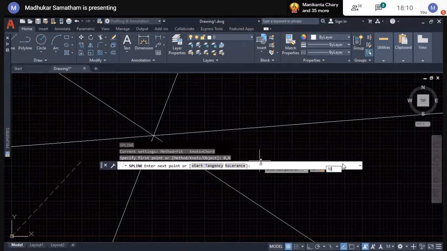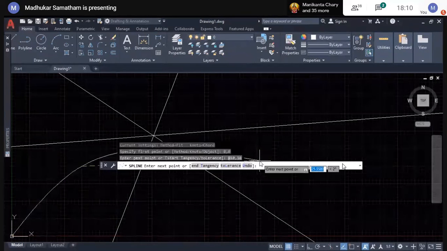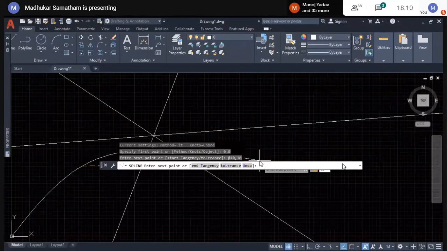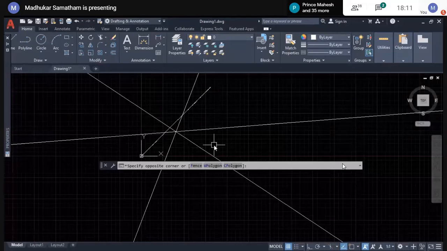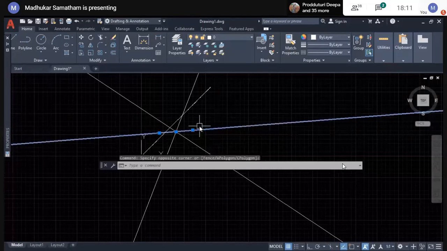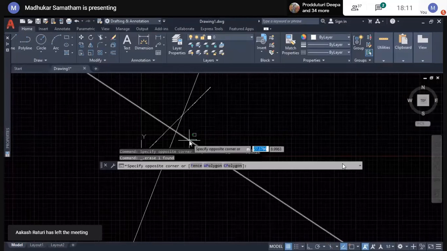Close. These are infinite lines or rays. Rays mean from the starting point they generate in only one direction. Infinite lines mean in both directions, positive and negative, generated from the point we select.